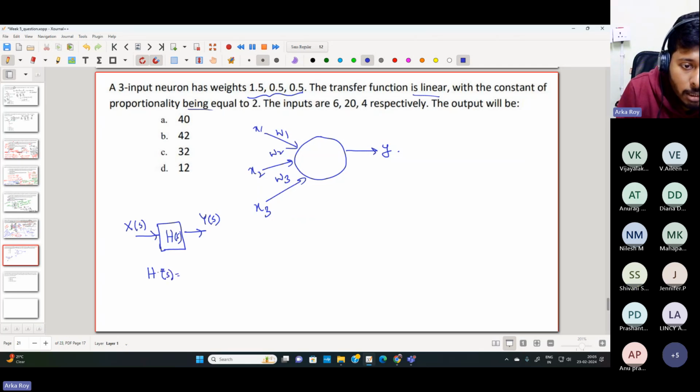So H(s) is the transfer function. It is Y(s) divided by X(s), considering all initial conditions